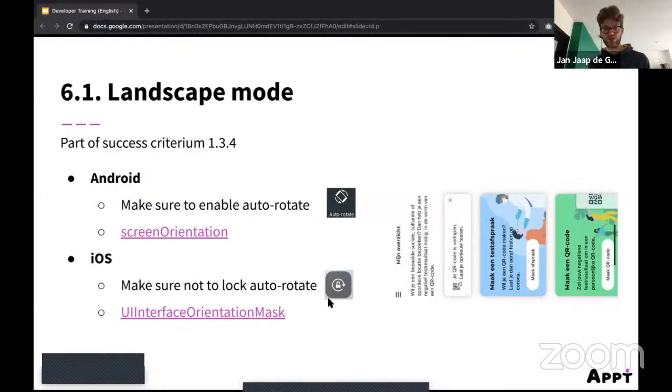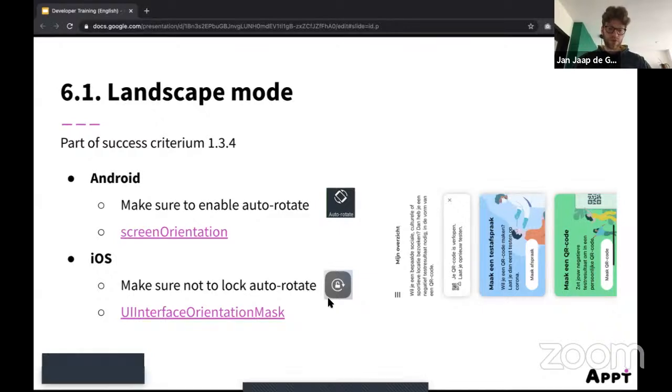on the 23rd of June, it needs to support landscape mode because it's a government app and it needs to be accessible according to these guidelines. But I'm pretty sure that when the deadline is there, it will not support landscape mode, because landscape mode is quite difficult to implement. It means you have a really wide screen and maybe some elements need to change order, or some buttons are too tall, or some content doesn't fit on the screen anymore.